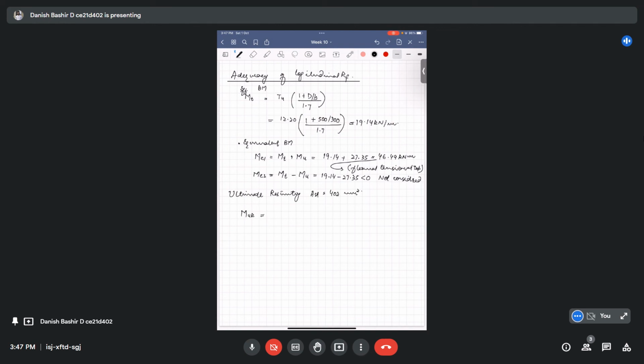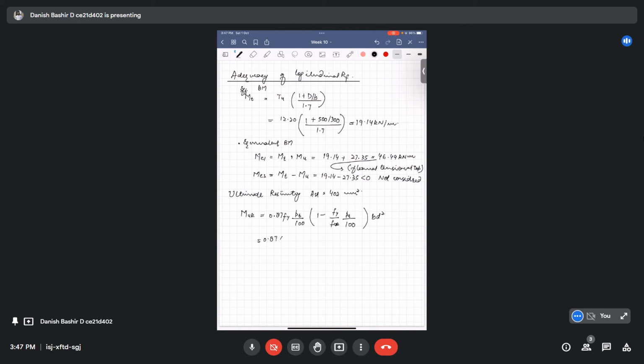In earlier classes you studied this formula: 0.87 fy Pt by 100 times 1 minus fy by fck, Pt by 100, into b d square. Okay, when we plug all the values,